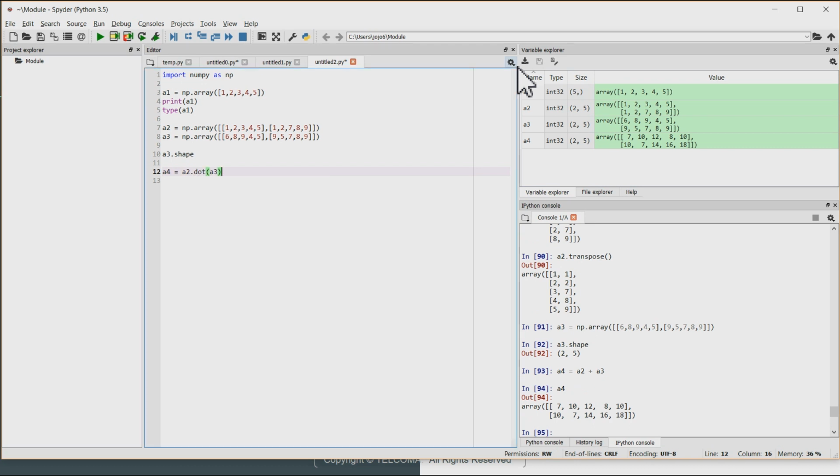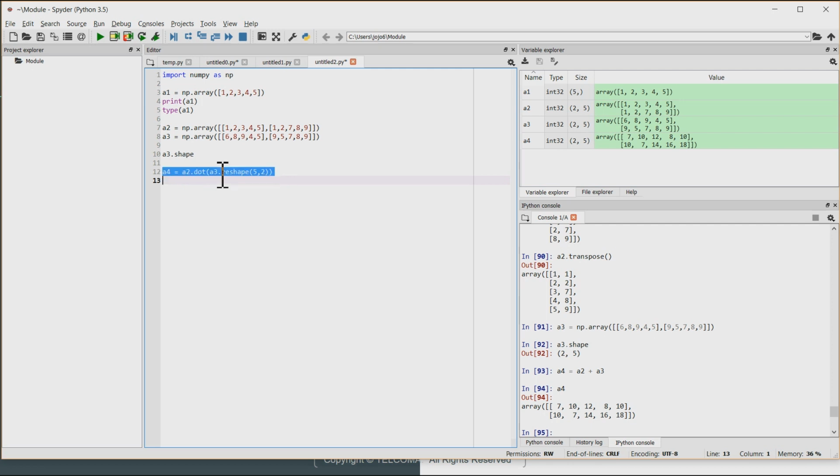But the basic rule of matrix multiplication is that the number of rows over here should be equal to the number of columns in this one. So let's reshape this for the matrix multiplication to be possible. A2 has 2 rows and 5 columns, and A3 also has 2 rows and 5 columns. We'll reshape that into 5 by 2. So this resultant matrix will have 5 rows and 2 columns. And when we do a dot multiplication between the two, we'll have an output with 2 rows and 2